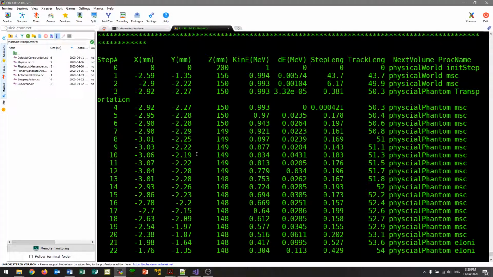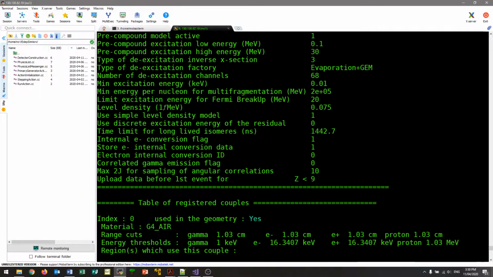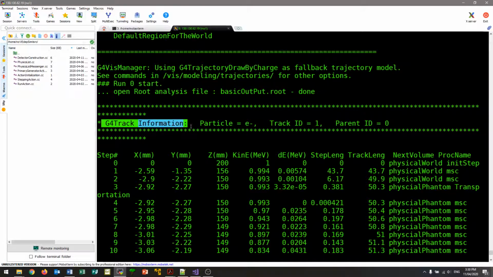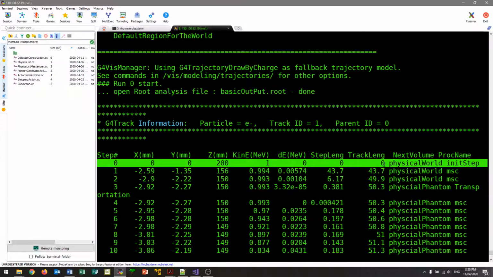And so if we look at that in terms of running a simulation, after we've got all this verbosity spitting out, we've got this run starting here, then we generate an electron, which was our primary particle, then we tracked it throughout our world,